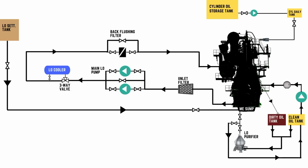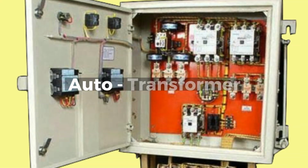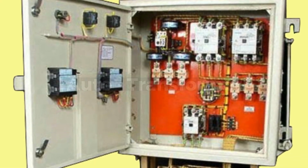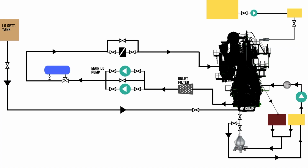Select one main lube oil pump as the master pump and the other as the standby pump. Please do note that the main lube oil pumps have large motors and are generally fitted for auto transformer starting. After a start, the auto transformer must be allowed to cool down for at least 10 to 20 minutes before another start is attempted. Keep the lube oil system circulating and allow the temperature of the system to gradually increase